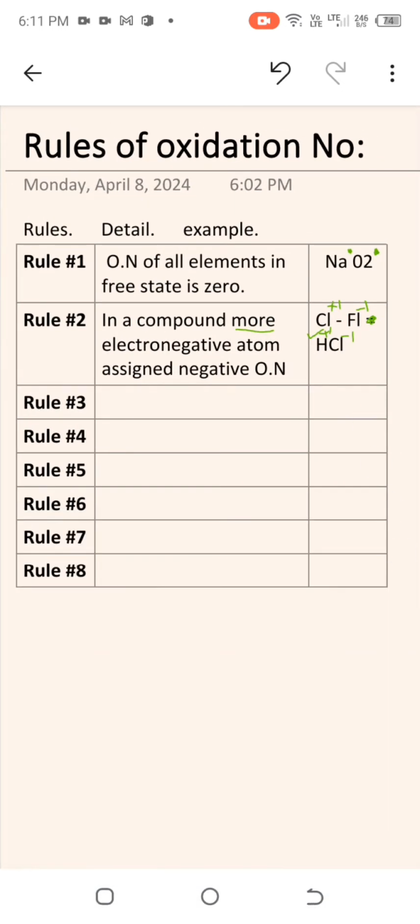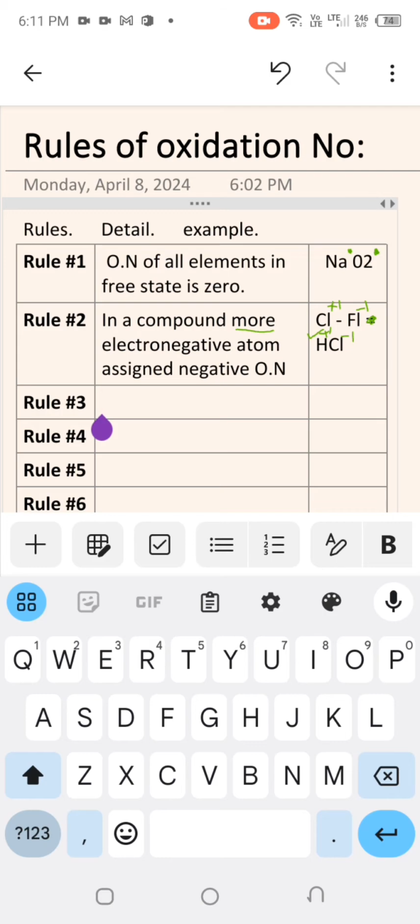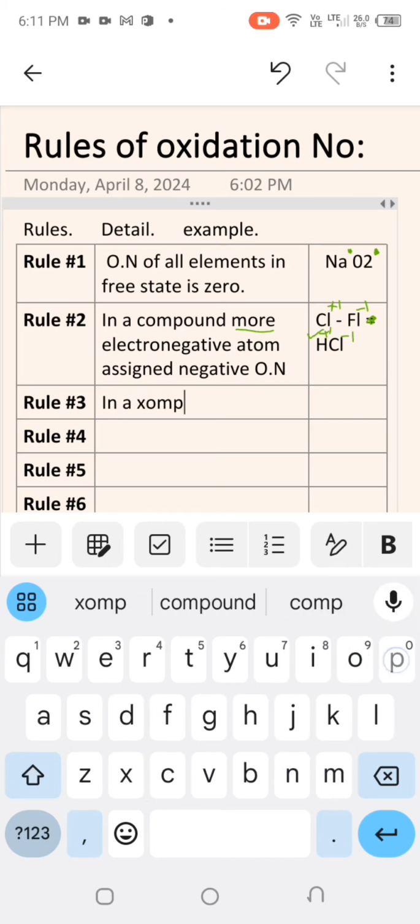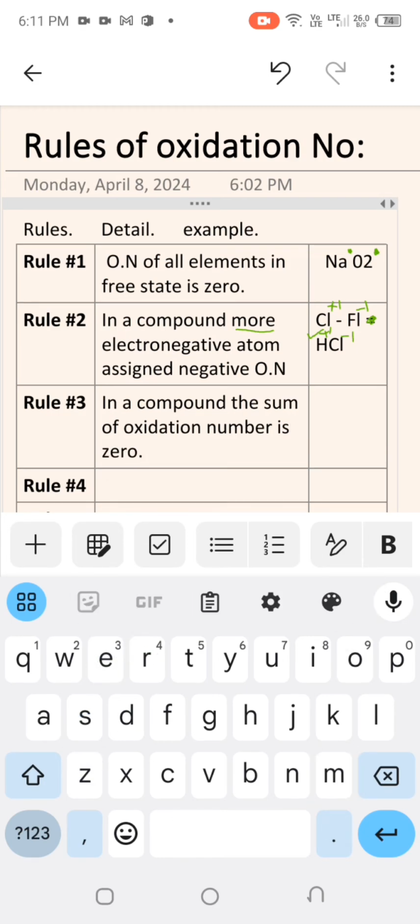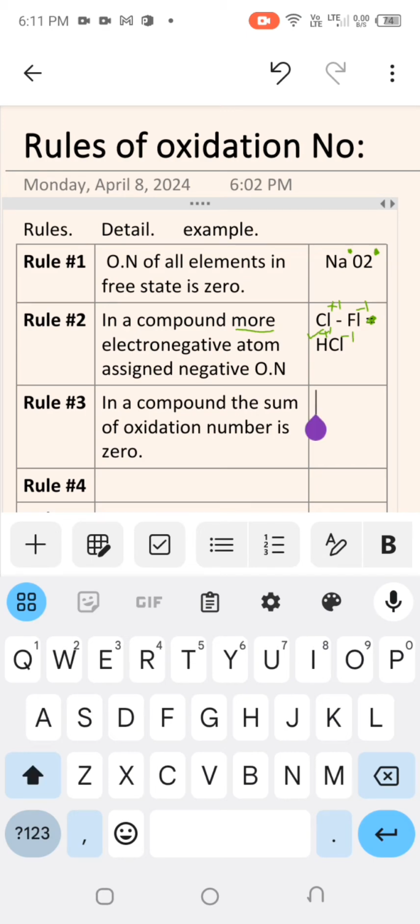So rule number 3 is: in a compound, the sum of oxidation numbers is 0. Inside a compound, if you take the sum of all its oxidation numbers, that will be equal to 0. Let me write here. The sum of oxidation numbers in a compound is 0. For example, here we have an example which is